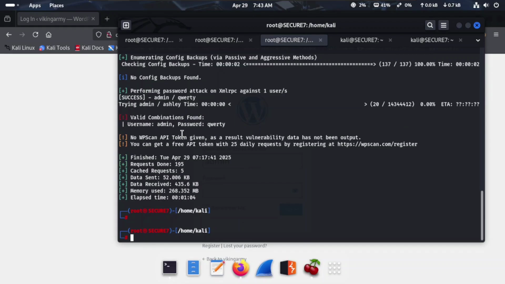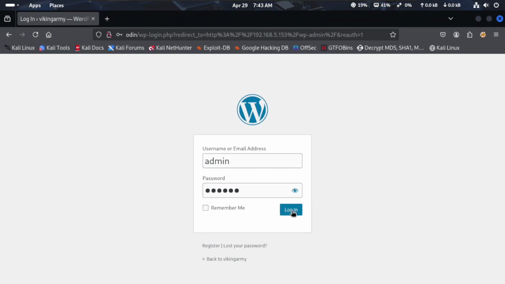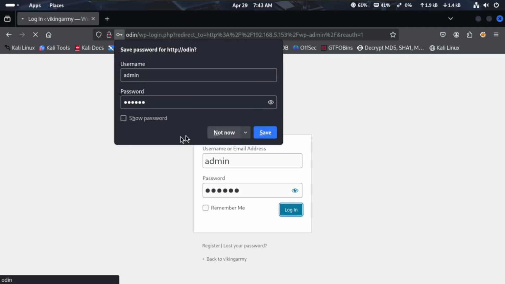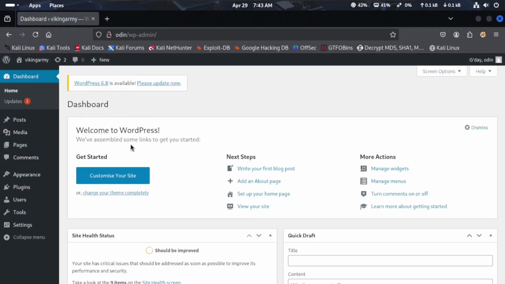Of our admin page, the password is query. Okay, so let's retry with query and log in to the WordPress admin page, and it's working. Now here is the part where we have the